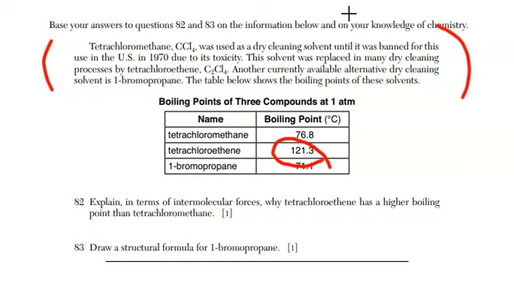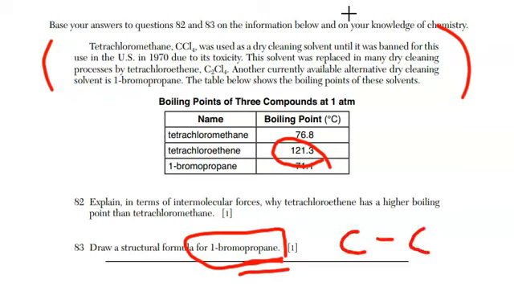And in 83, draw a structural formula for 1-bromopropane. Bromo means bromine. If you go to the reference tables for organic, we're going to start here with what I call the backbone, or the propane. Prop is 3 carbons. ANE means all single bonds. 1-bromo means I'm putting a bromine